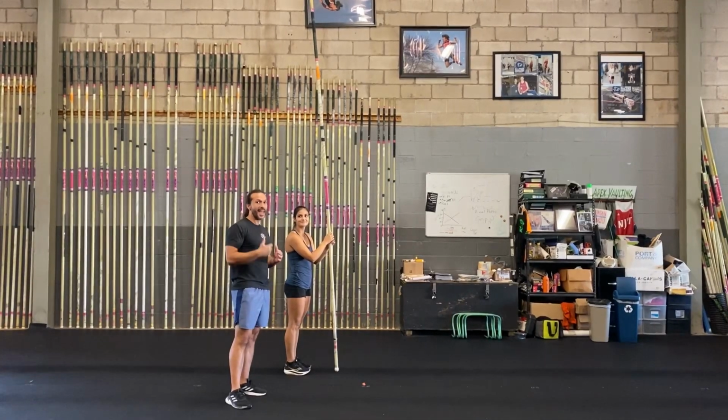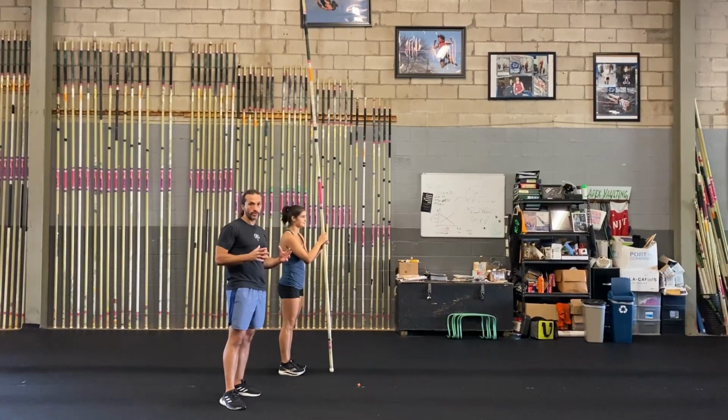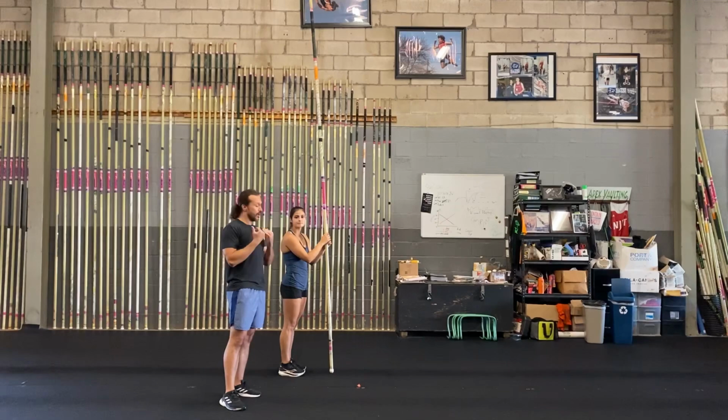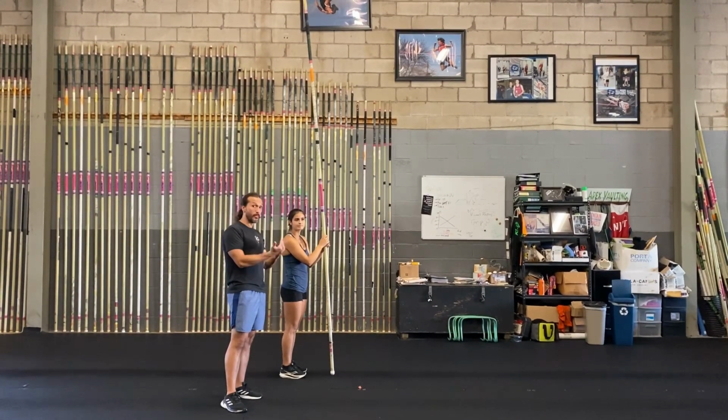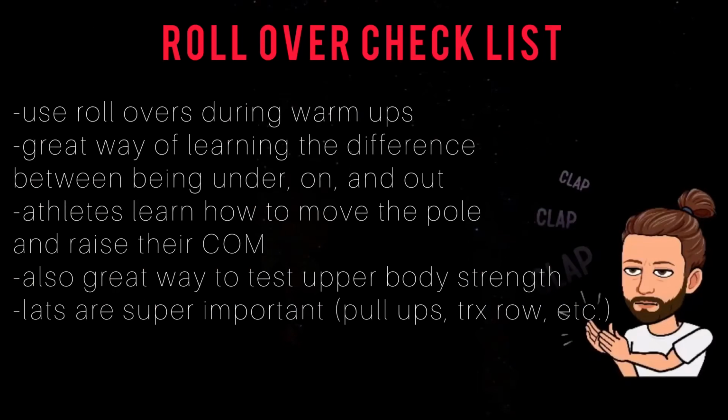Part of our warm-up every single practice, athletes are doing 3 to 7 rollovers, and the purpose of the rollover is to get athletes to understand takeoff and how to move the pole while also getting their bodies to rise. One final note, rollovers are a great test of upper body strength with athletes. The athletes that are struggling with rollovers, that have trouble moving the pole or getting their center of mass to rise,